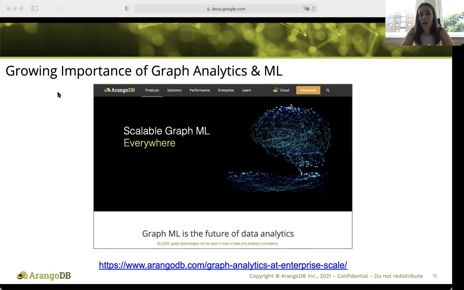To back up our push for graph databases and graph analytics at enterprise scale, and to learn more and see what the future has in store, we also offer a couple of use cases, which you can find through the white paper download section on our website, linked in the following tab. These are the fraud detection and analytics white paper, as well as the enterprise knowledge graphs white paper that we offer.